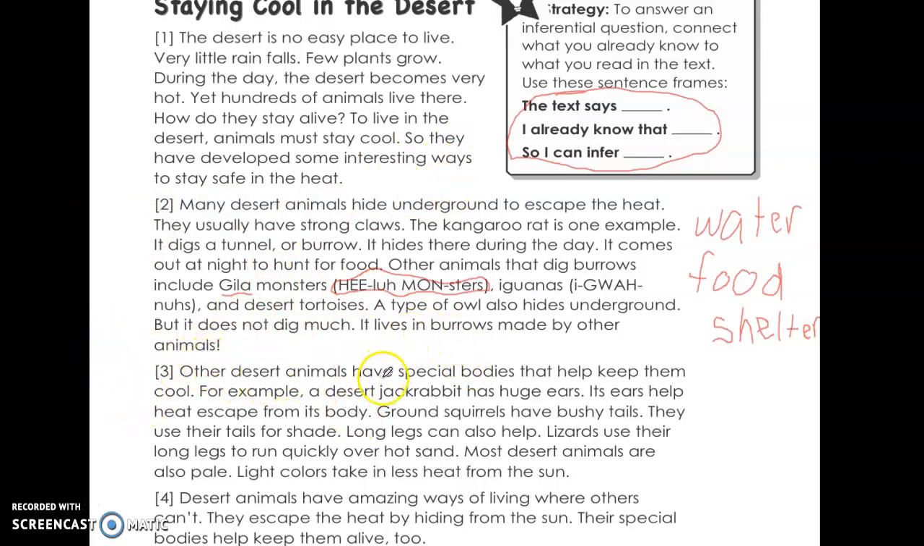Other desert animals have special bodies that help keep them cool. For example, a desert jackrabbit has huge ears. Its ears help heat escape from its body. Ground squirrels have bushy tails. They use their tails for shade. Long legs can also help lizards. Lizards use their long legs to run quickly over hot sand. Most desert animals are also pale. Light colors